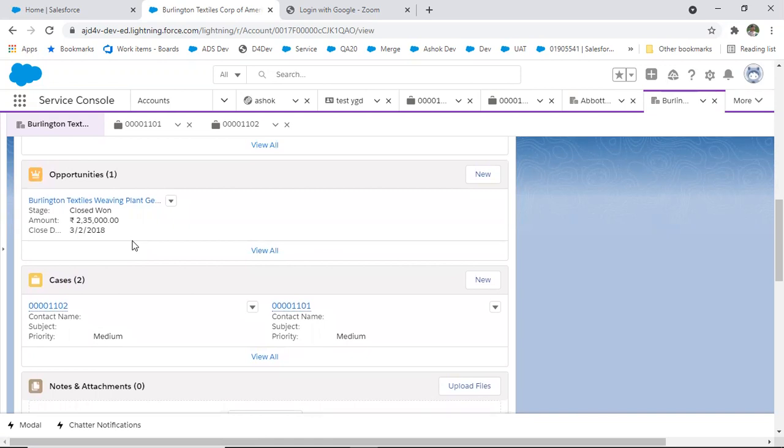Apart from that, assume that MRF is introducing a very new product. They want to pitch it to an existing customer. Let's take an example of me. I'm giving a training for Salesforce. Suppose I'm going to give some other training, a cloud-based training like Marketing Cloud or Service Cloud, something else.